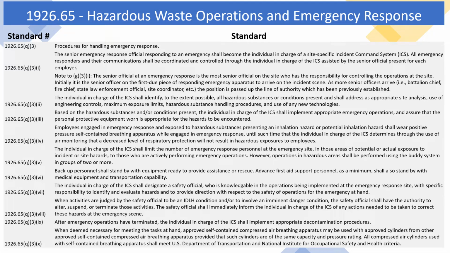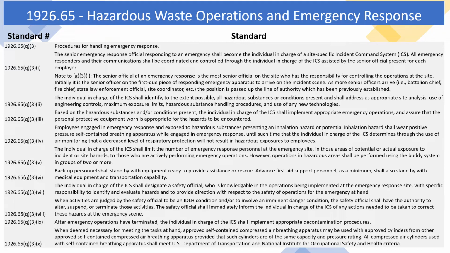1926.65 Q. Emergency response to hazardous substance releases. This paragraph covers employers whose employees are engaged in emergency response no matter where it occurs, except that it does not cover employees engaged in operations specified in paragraphs A1I through A1-4 of this section. Those emergency response organizations who have developed and implemented programs equivalent to this paragraph for handling releases of hazardous substances pursuant to Section 303 of the Superfund Amendments and Reauthorization Act of 1986, Emergency Planning and Community Right to Know Act of 1986, 42 U.S.C. 11003, shall be deemed to have met the requirements of this paragraph.